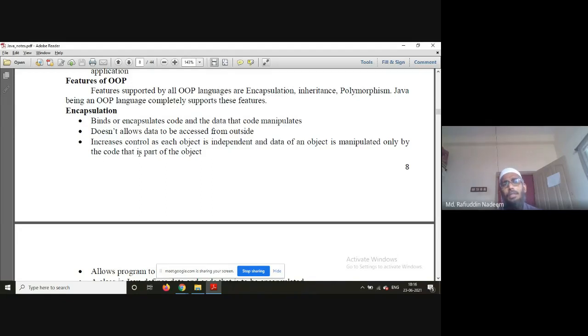So these are the three main features, present in all these languages: encapsulation, inheritance, and polymorphism. Because we will talk in respect of Java later on,